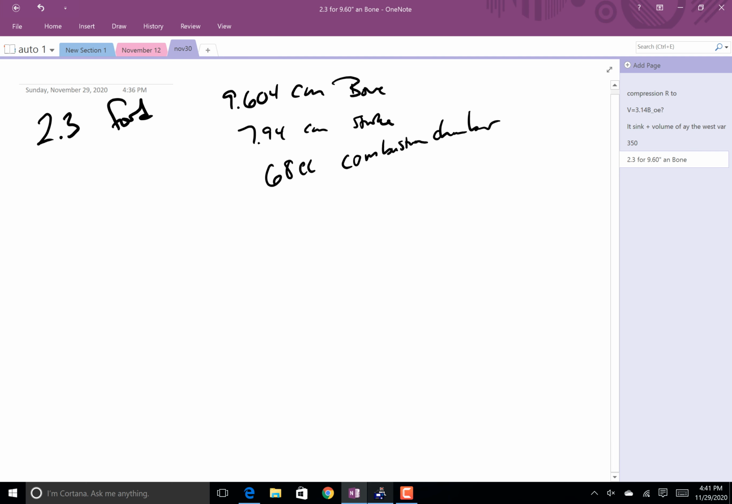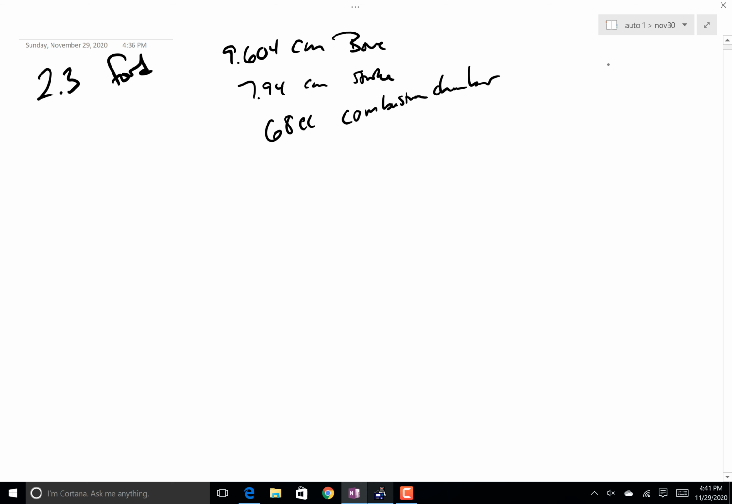All right, so a little 2.3 liter Ford back in the day, a 4-cylinder car, had a bore of 9.604 centimeters. By the way, that's 96 millimeters in case you're playing along at home. It has a 7.94 centimeter stroke, or 79.4 millimeter stroke if you prefer. And it had a 68 cc combustion chamber. So the compression ratio is simply going to be the following. Equals,